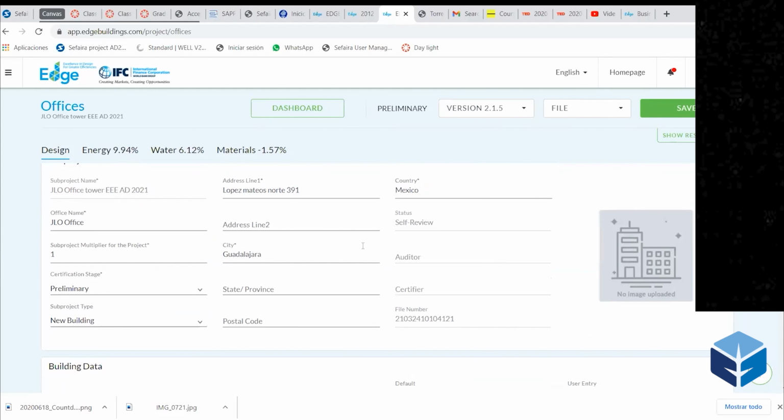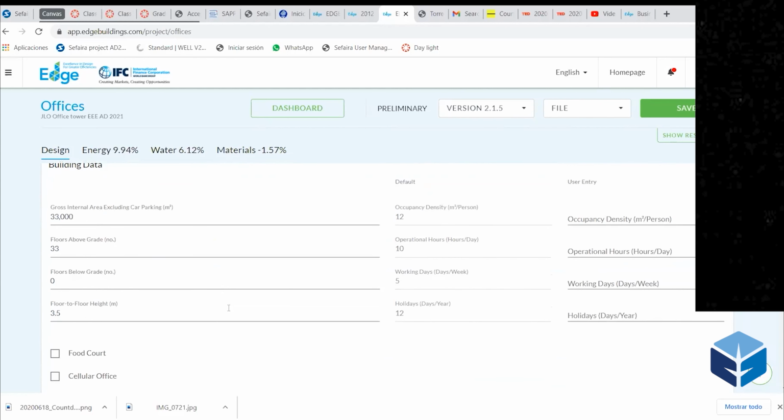Use more or less like this. Once again, if you want to use a different name, that's okay, or a different email. I recommend you use the right email because for this class, you're going to need this in the third part of the semester. For the building data, we're not going to use any parking space. This is not like the regular calculations for an office building, but in order to make your life easier, we're going to use this. And we're going to use the default